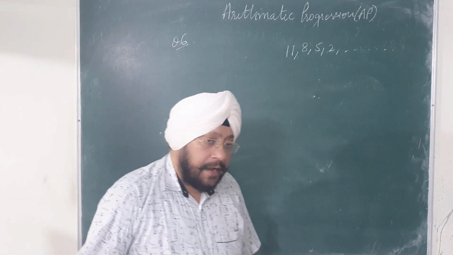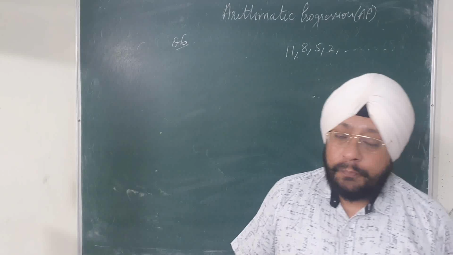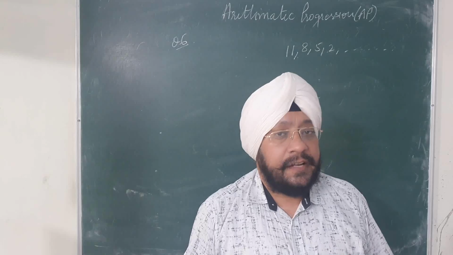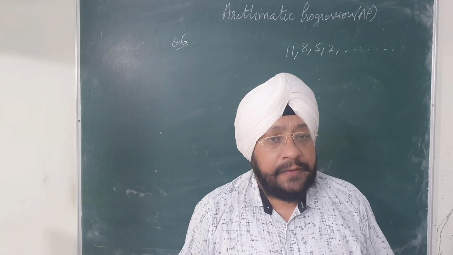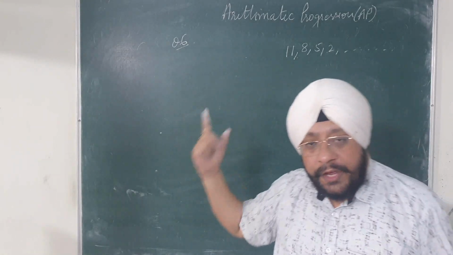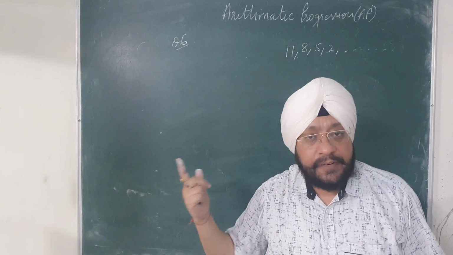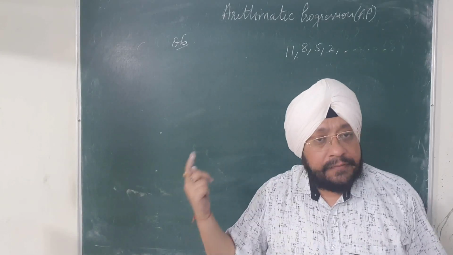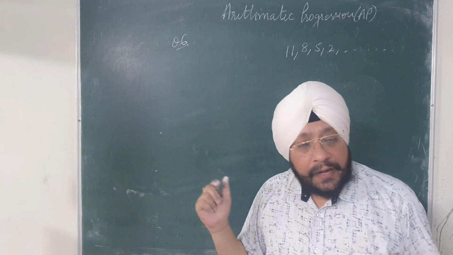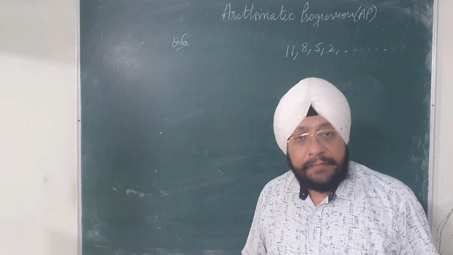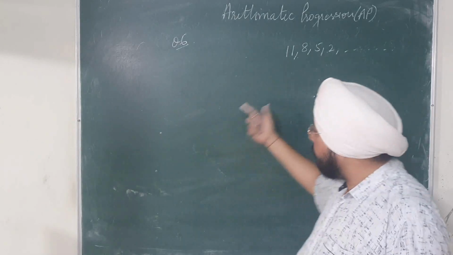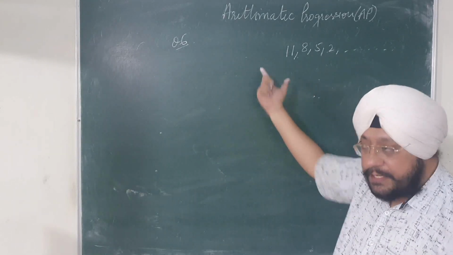So we have to find out the position. Position means we have to calculate n, and we know that n is never negative, and n is never a fraction. So if we calculate the value of n and get a whole number, a positive number, then this number will exist in the given AP. But if n is a fraction or a negative number, then minus 150 will not be a term of this particular AP. So let's see whether it's a term or not.